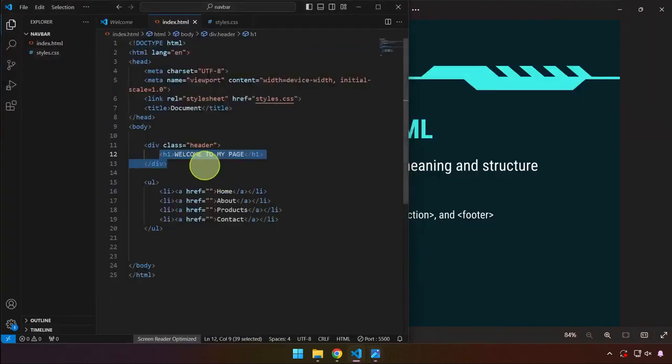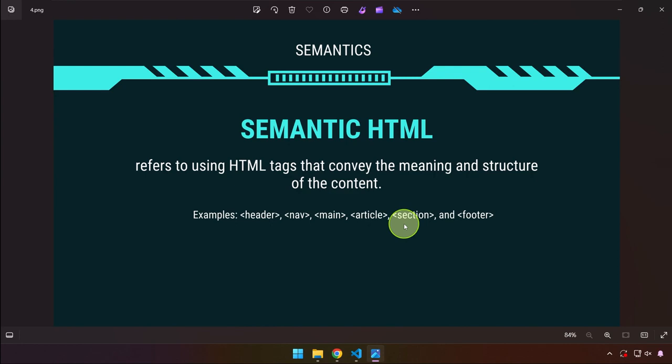So all we have to do, instead of using div, and by the way, I'm not saying that a div is now obsolete and useless. There's always usage of div when it comes to web design. Div is not going away. Div is very, very useful. All right, I just want to make sure to clear that out,